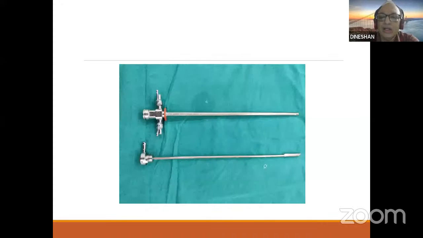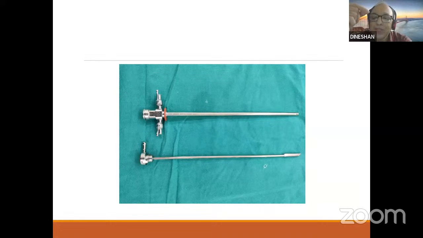For all the other obturators, you have grooves over the dorsal part of the obturator tip, so that it will help the egress of the fluid. And for the 17 French, you have a small opening near the beak, to allow the egress of the fluid. And the beak is always shorter in 17 French, but longer in all other sheaths.